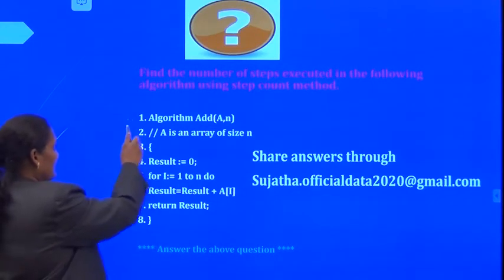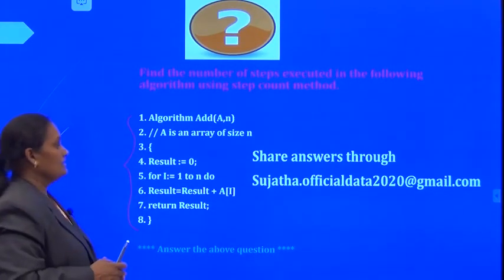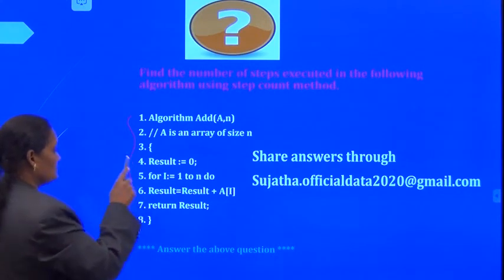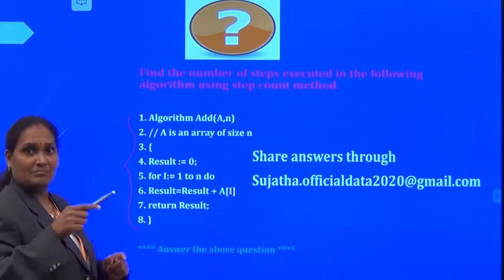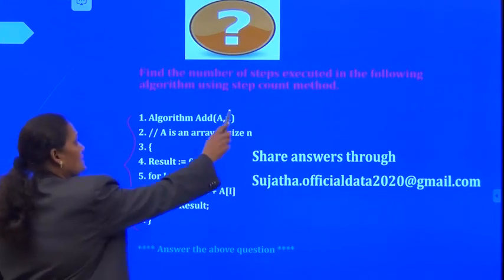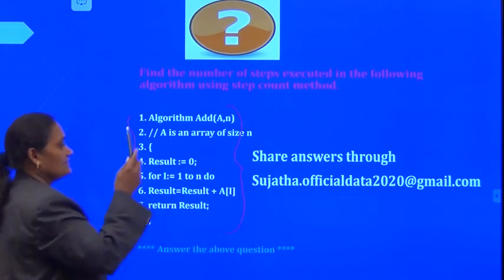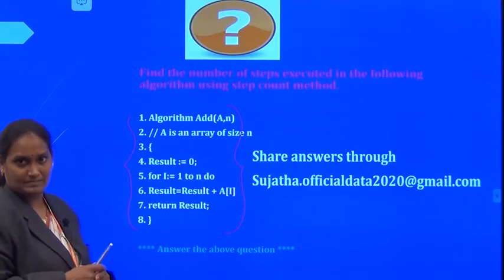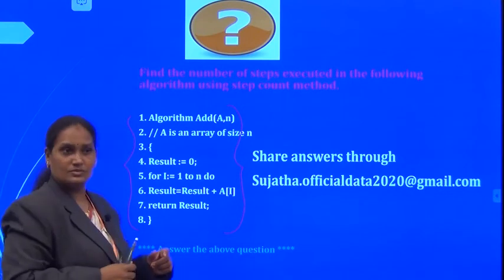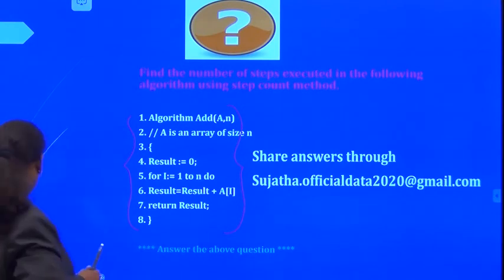Here I have given an algorithm. This algorithm consists of 4 steps. Find the number of steps that are executed in implementing this particular algorithm using the step count method. Now share answers through the given mail.